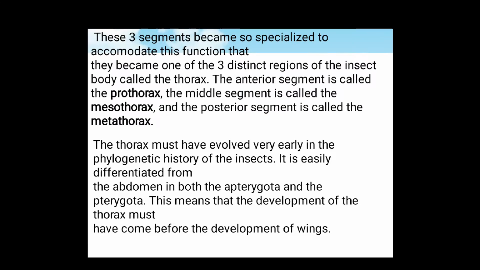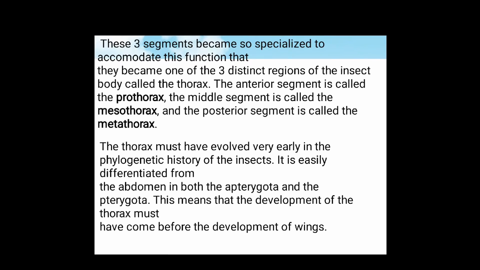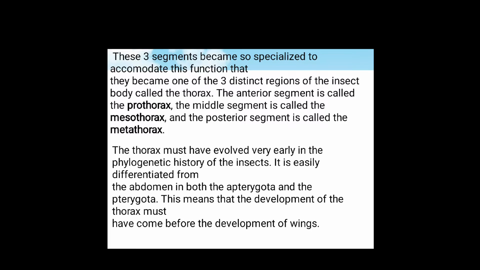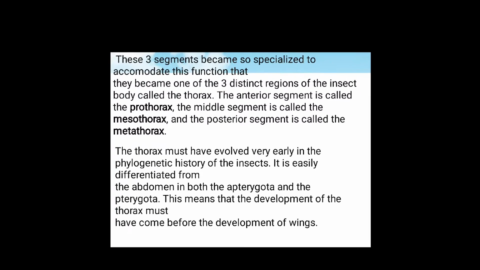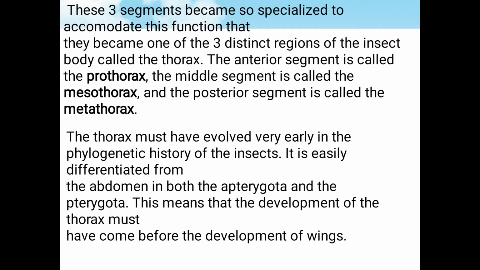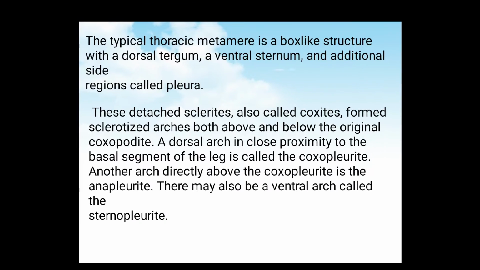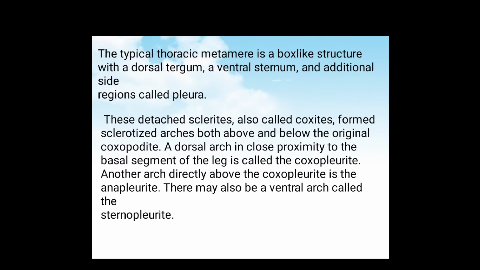The thorax must have evolved very early in the phylogenetic history of the insects. It is easily differentiated from the abdomen in both the Apterygota and the Pterygota. This means that the development of the thorax must have come before the development of wings. The typical thoracic metamer is a box-like structure with a dorsal tergum, a ventral sternum, and additional side regions called